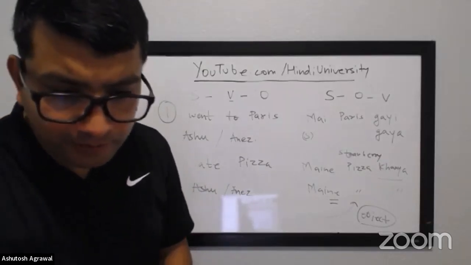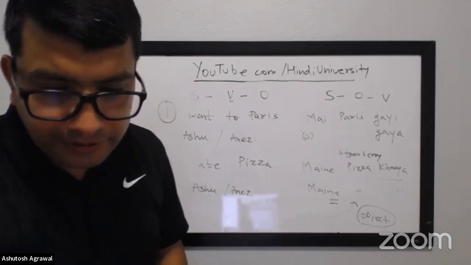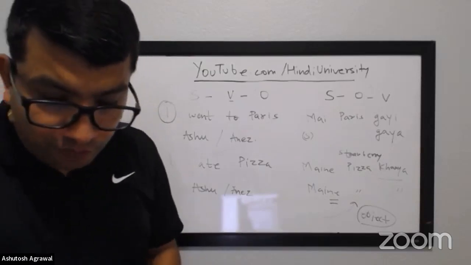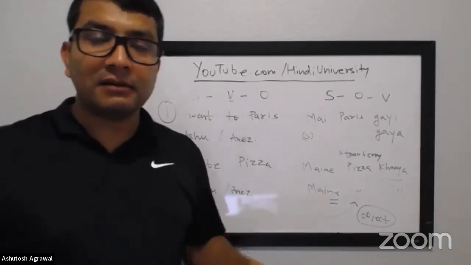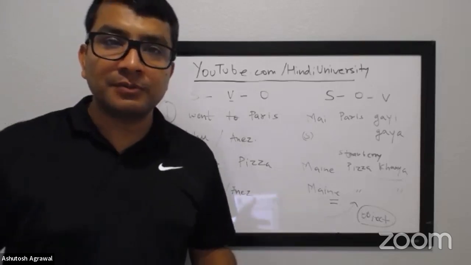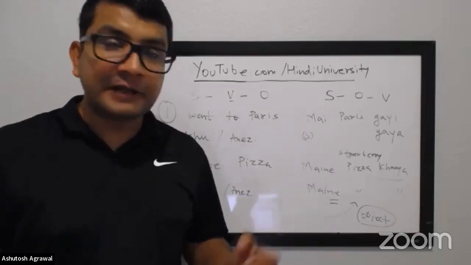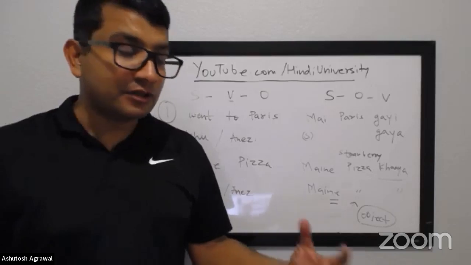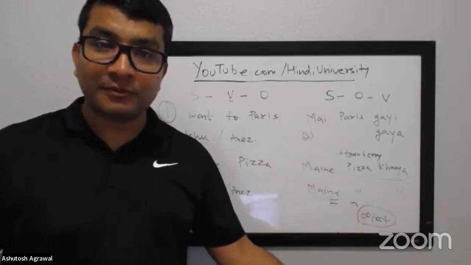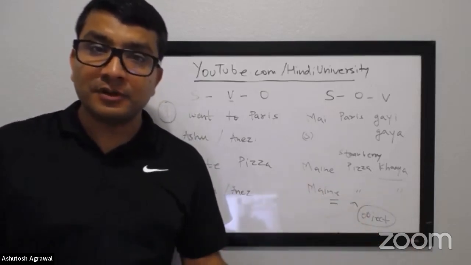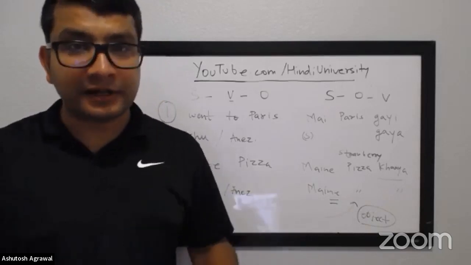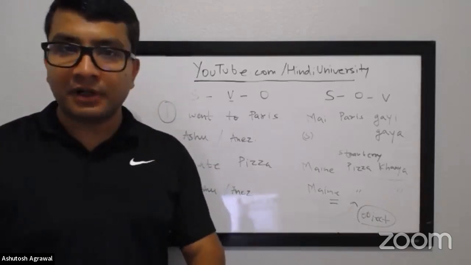Any questions so far before I write some more sentences in front of you? So far we've only covered two different types of sentences: sentences where you have a direct object receiving the action of the verb, and sentences where there is no direct object. That's the number one thing we have covered.